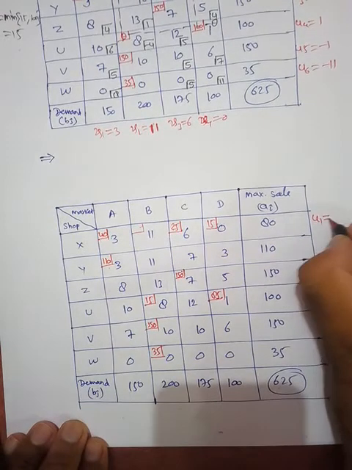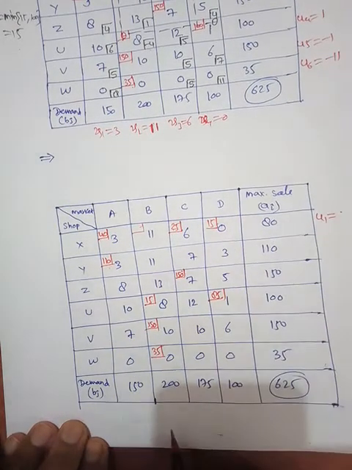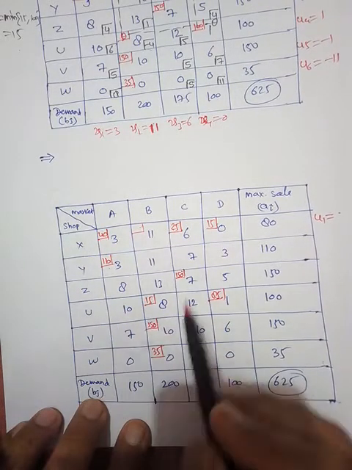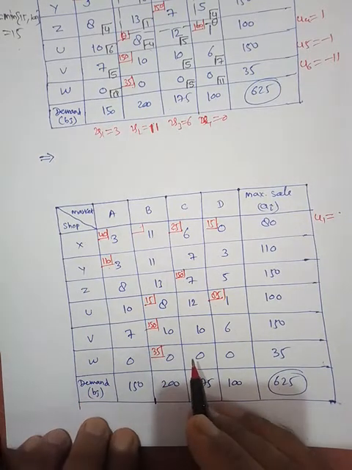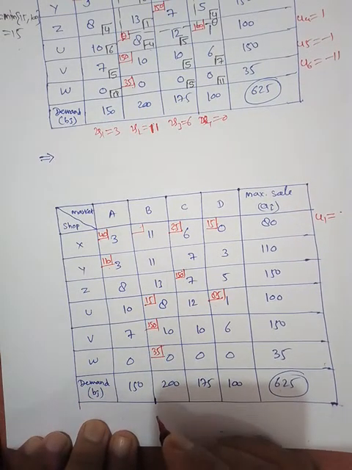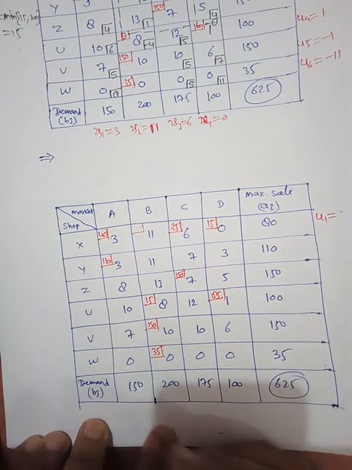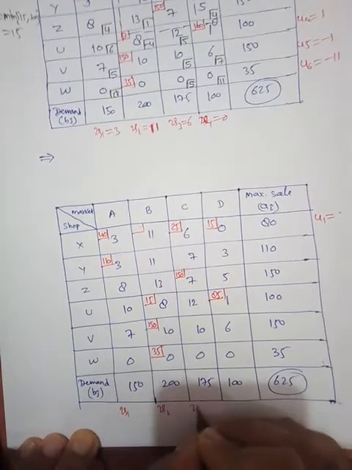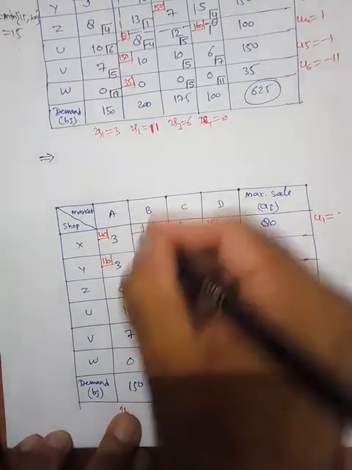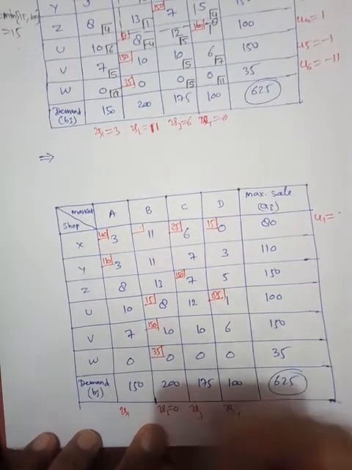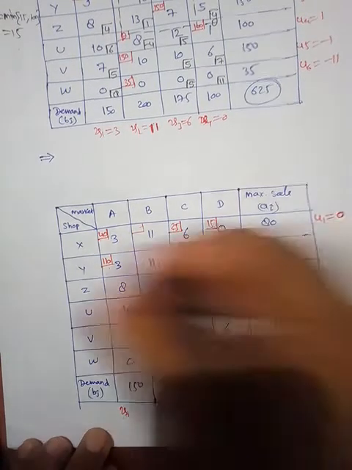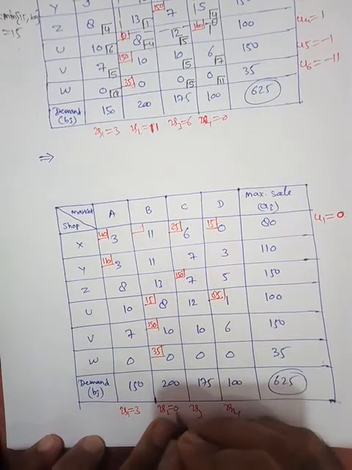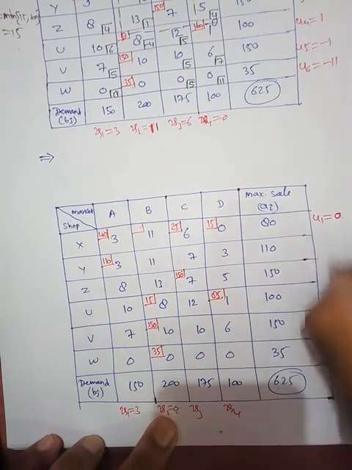Let us again examine the optimality. Here we will assign u1 the maximum number of allocations. For example, here is 3, here is 1, here is 1, here is 2, here is 1, 1. So suppose we are assigning 0 to the row with the maximum number of allocations. For example, in this column, suppose v1, v2, v3, v4. Suppose we are assigning 0 here. You may assign also here. Suppose 0. So this will be 3. Fine. So if you are assigning, for example, 0 here, this should be 8.